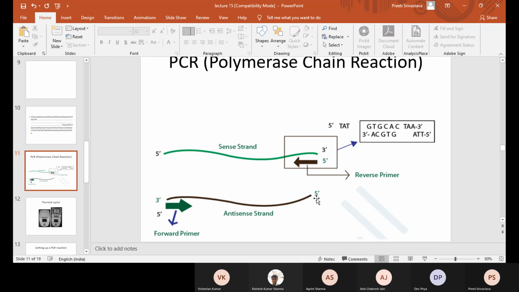Yes, ma'am. Clear. So all you need to remember is that polymerase is going to extend the chain only and only from 5' to 3' direction. So this part you need to remember. It cannot extend the chain in the opposite direction. It always moves from 5' to 3' direction. Okay? Everybody? Yes, ma'am, it's clear.